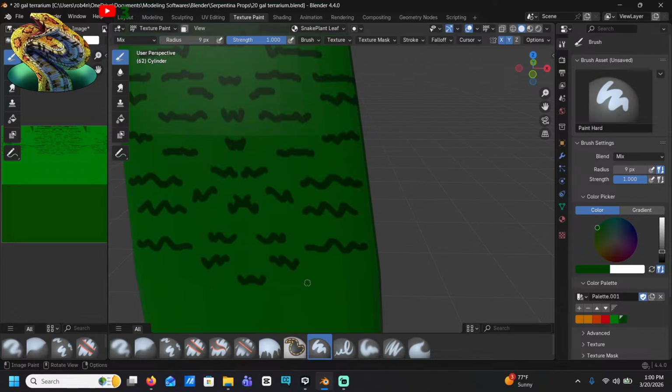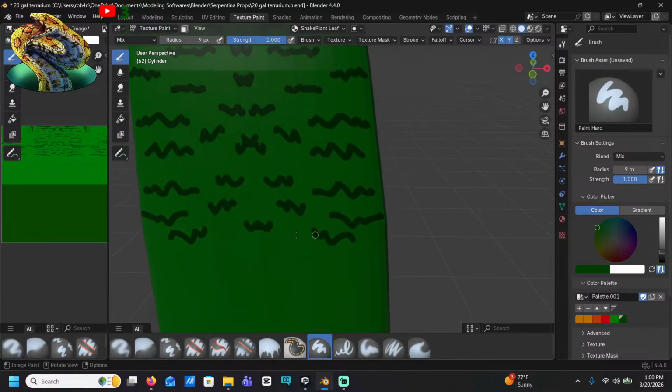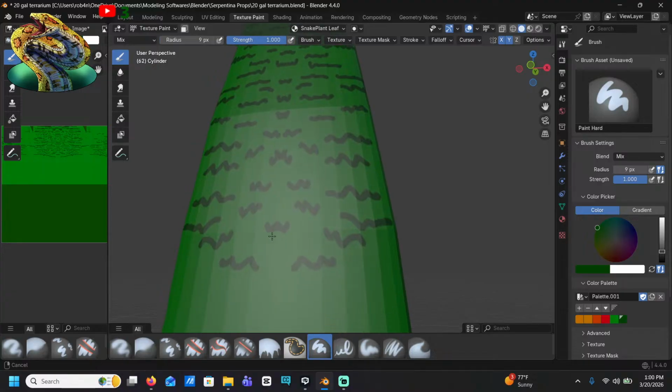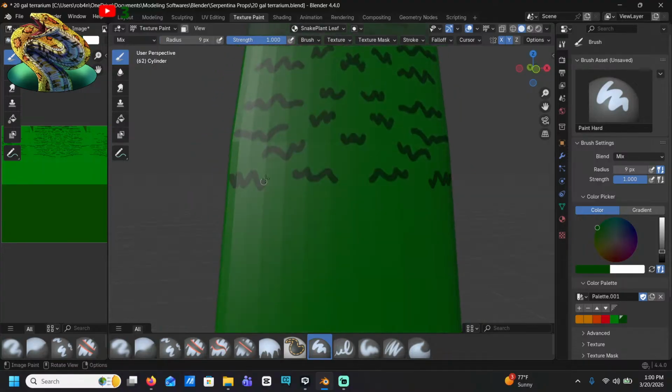Hopefully everyone's having a very good day today. My snake plant is looking so nice. Honestly, I think I can even stand to add more green as I get closer to the base of it.